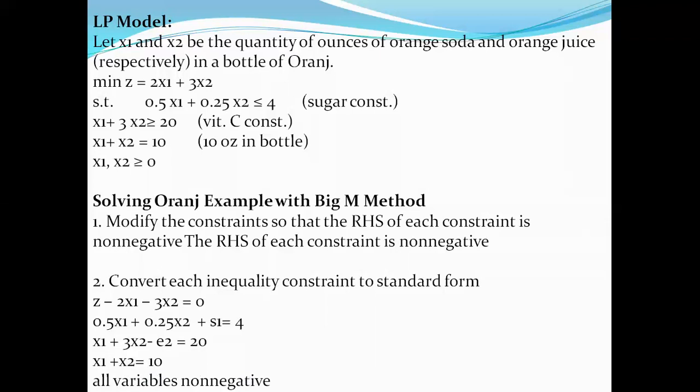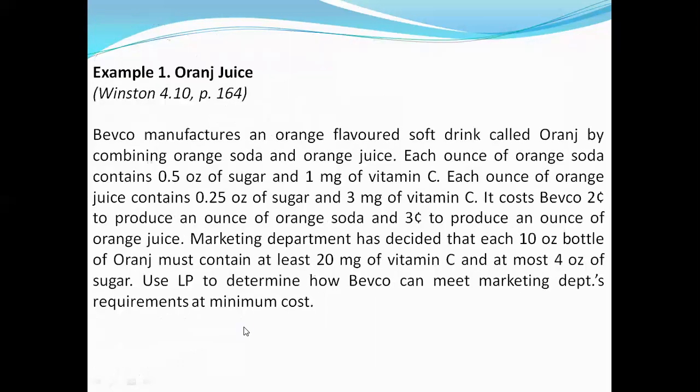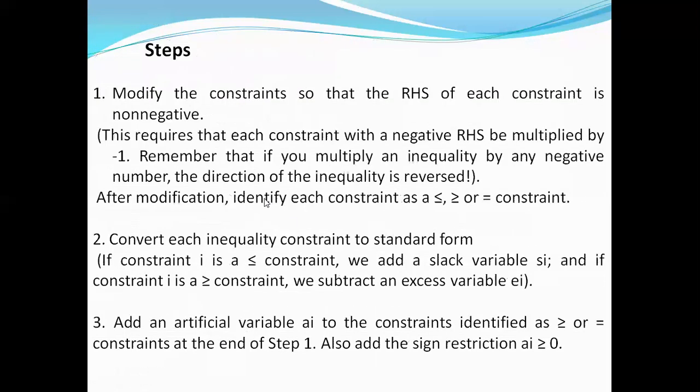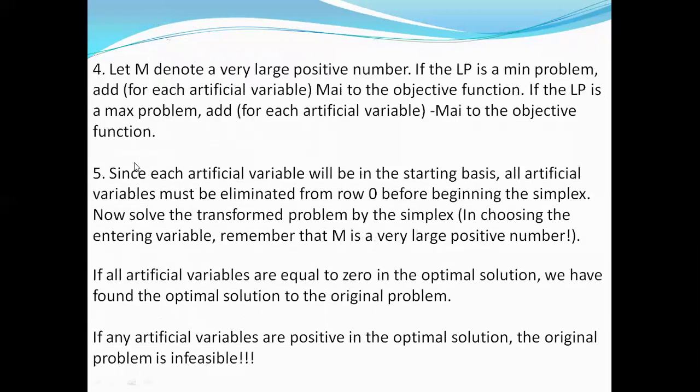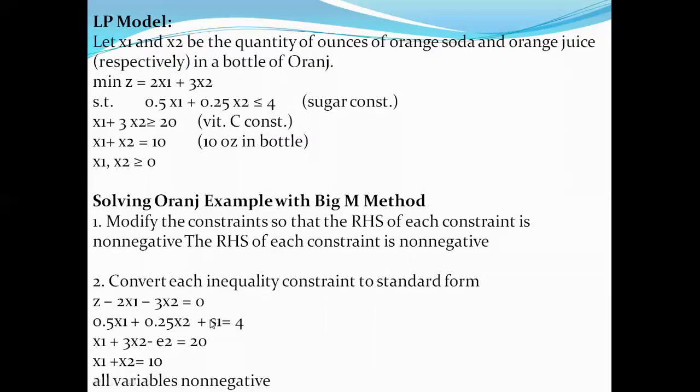We also have one more point here. If any of the RHS values is negative, we have to multiply that particular RHS value by minus 1. That is the first step that we have seen in our class. Here the RHS is to be multiplied by minus 1. Hence in this particular problem, there are no negative RHS values, hence this problem can be solved.